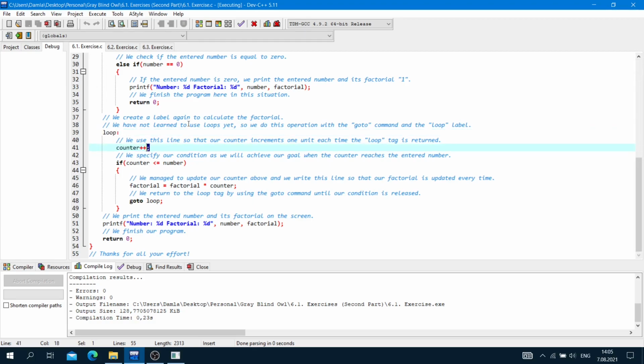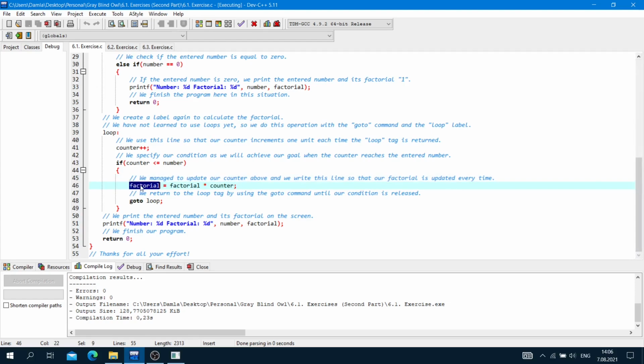We specify our condition, as we will achieve our goal when the counter reaches the entered number. If counter is less than number or counter is equal to number, we manage to update our counter above, and we write these lines so that our factorial is updated every time.